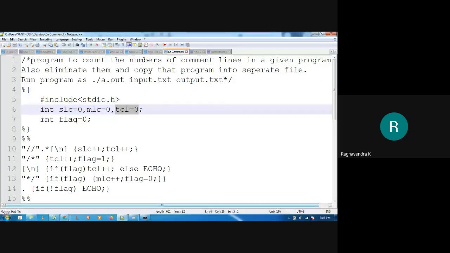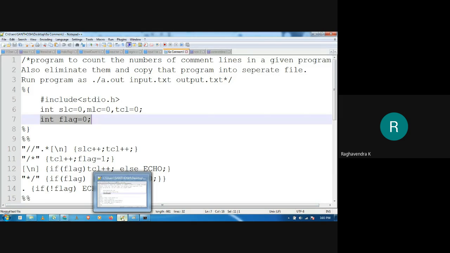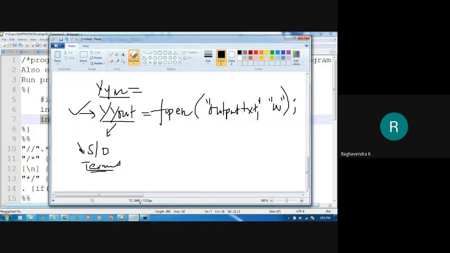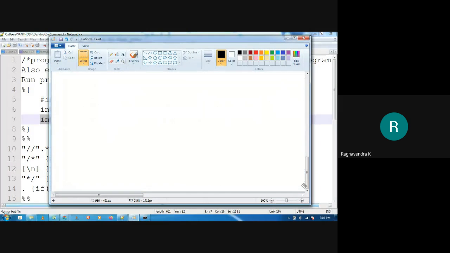Now we'll use a flag value just as an indicator. And what is that indicator? The indicator is that when I see the pattern /star, it means that my comment has started.